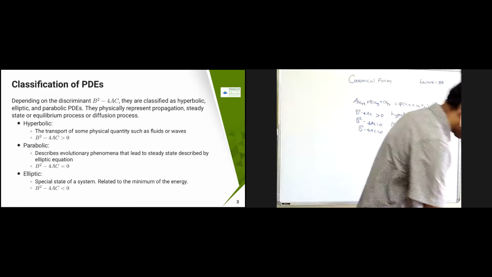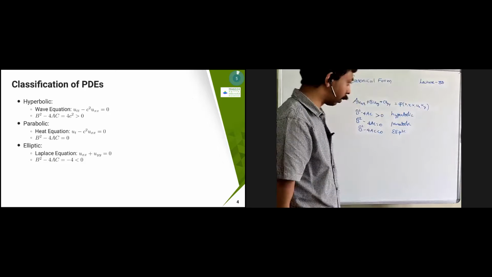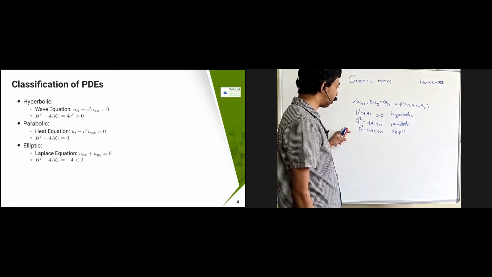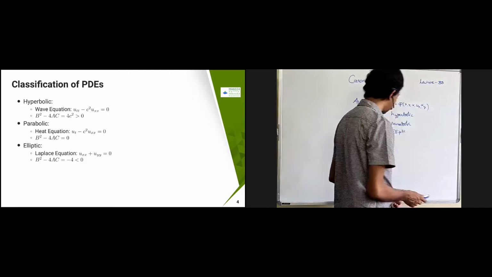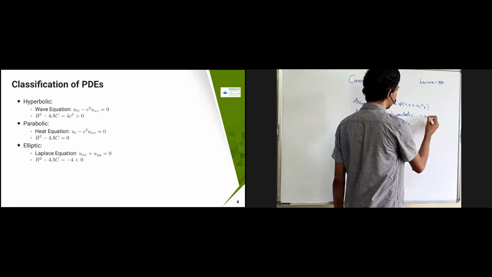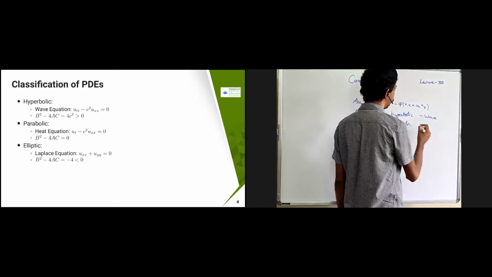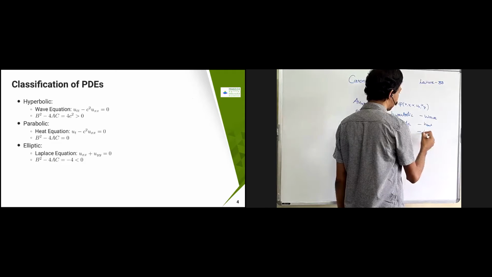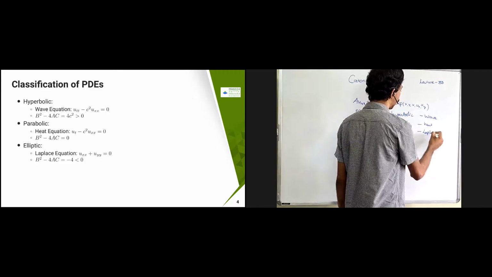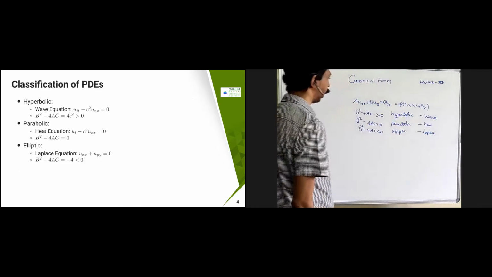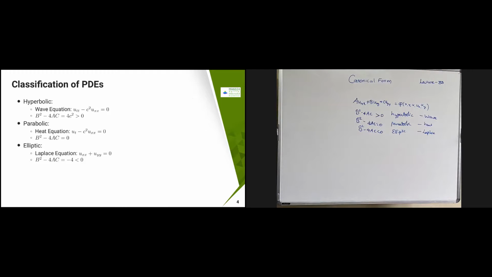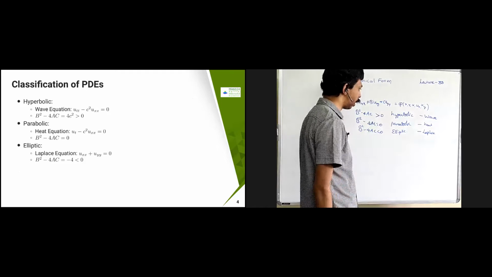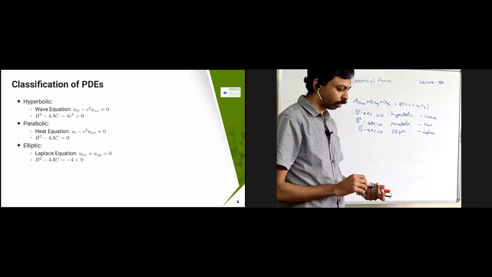Also we have seen some examples of this in the last class. For example, the wave equation is a hyperbolic equation, the heat equation is a parabolic equation, and the Laplace equation is the elliptic equation. So 3 important PDEs we already discussed: the wave equation, the heat equation, and the Laplace equation. These 3 are fitting into one of these categories. Again and again we are going to see mostly these 3 equations, either translated into standard form or not.